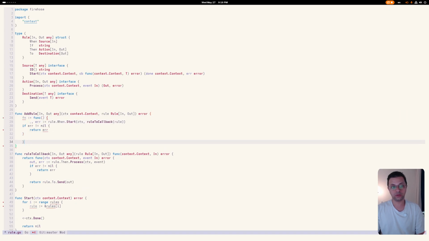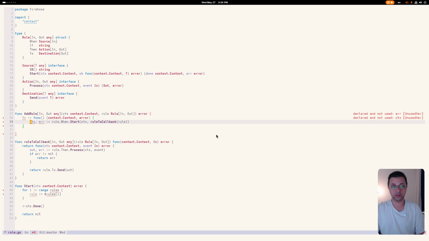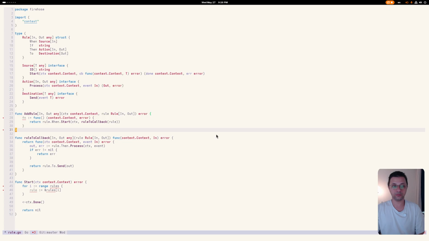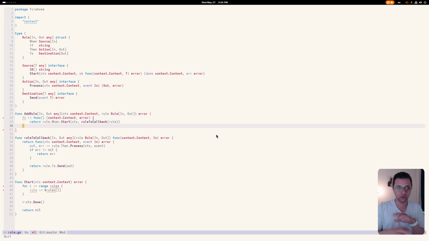So a closure, and we just want to get the context and the error, right? And the context and the error. And we can do that. Okay, so that means we can just do this return, right? So that means we can make this here, it's a closure over the rule, and this context,